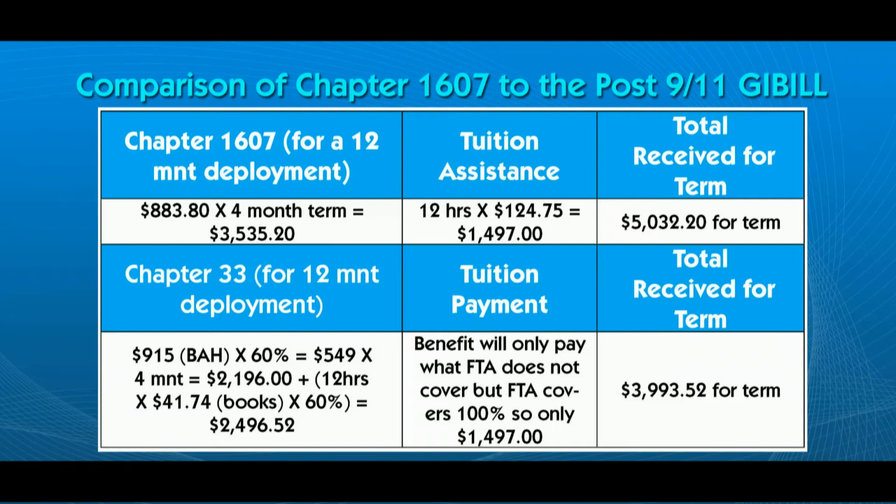for a total amount received for the entire term of $5,032.20. Now, for Chapter 33, with only 12 months of active duty, the BAH for the school, or for the zip code in which we are residing right now, is $915 a month. Times the 60% gives you $549 a month in BAH, times the same 4 months for the standard term. That gives you $2,196. And then you add 12 hours times $41.74, which is how much the VA will pay you for your books, times that same 60%, because you don't get the $1,000, you only get 60% of it. And that's going to come out to a total of $2,496.52